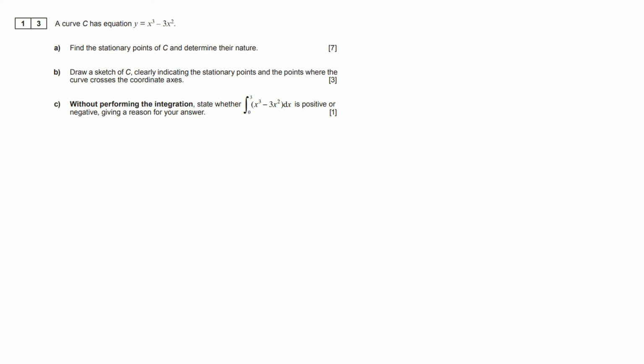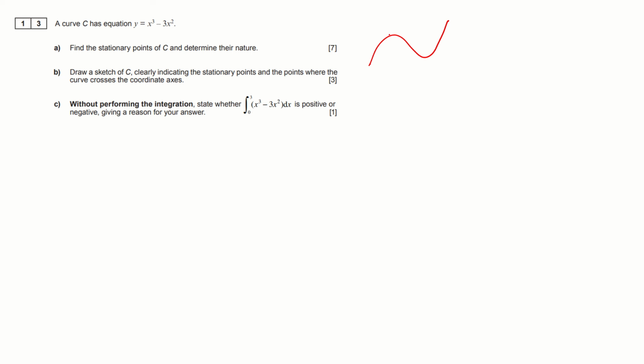Okay, question 13. A curve C has equation y equals x cubed minus 3x squared. A cubic graph, so find the stationary points. We're expecting two stationary points for this graph because a cubic graph will have two turning points, I expect, in this case. So stationary points are points, if I just sketch a generic graph here,